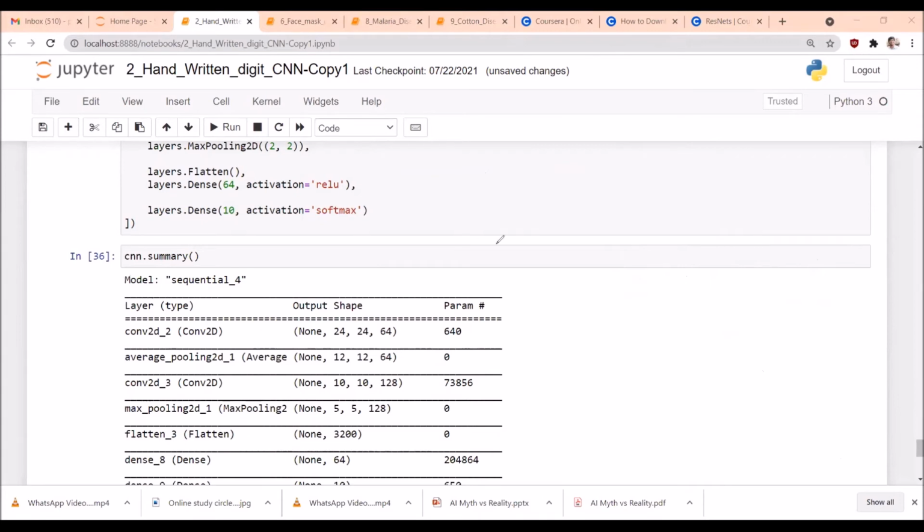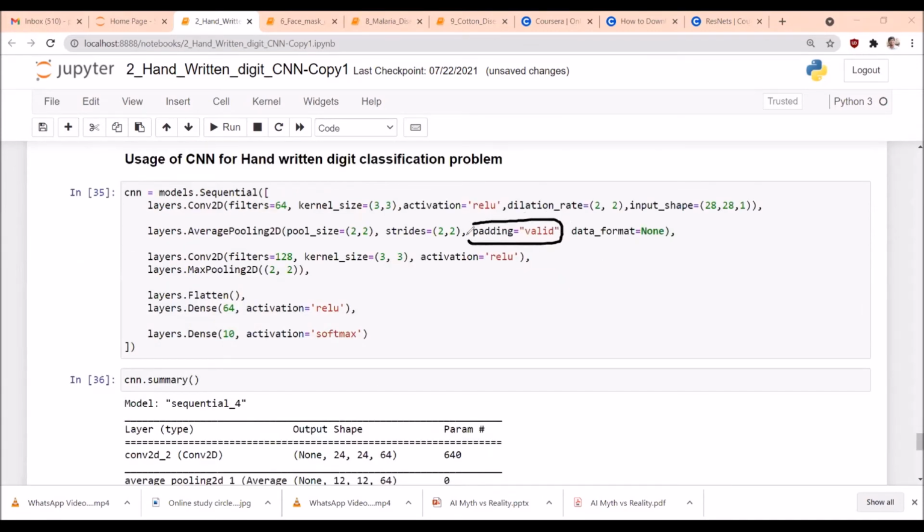Because I am not interested in using padding, we mentioned valid padding, which means we are not using padding at all. Data format none indicates that we keep the data format as the default, which means the number of channels is mentioned at the last.